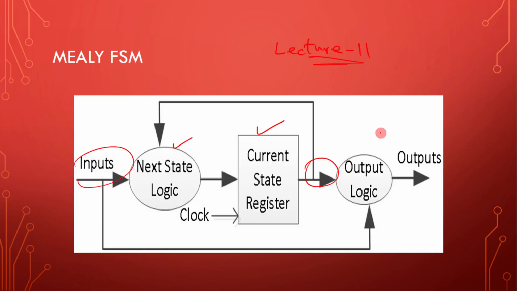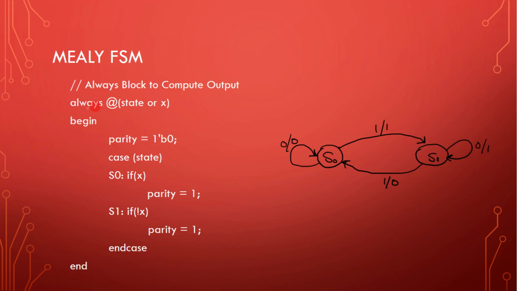Now come to the last block, which is output combinational logic. This is the third cyclic behavior which is used to calculate your output. Here again, this cyclic behavior is sensitive to change in state as well as change in input, because you are implementing Mealy type finite state machine. Here you are initializing your output variable to 1 bit 0. Here if your state is S0, you will move to here, and here if your input is 1, your output will also become 1.